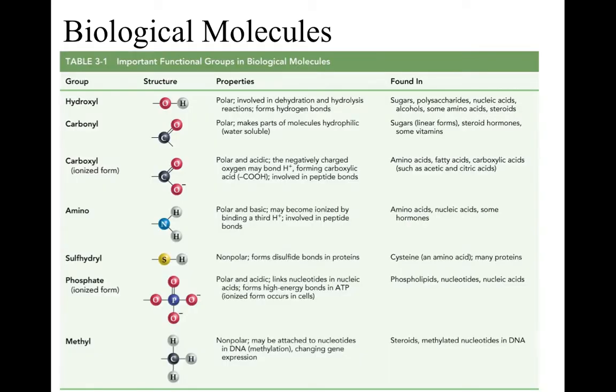I do not expect you to memorize this, but I want to just show you that we have multiple different types of biological molecules and different groups that are going to hang off of these biological molecules that afford them different properties based on their structure. All right, so a hydroxyl group we'll talk about quite often. That's an O and an H. This is a polar molecule, and it's going to be involved in what we call dehydration synthesis and hydrolysis reactions,